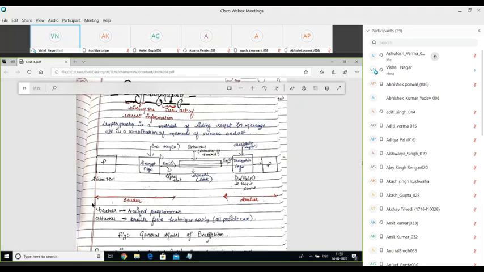So encryption key K and encryption algorithm are combined together and applied together to convert a plain text P into the ciphertext. The notation is EK of P. EK of P means the plain text P is encrypted with key K. So now this ciphertext is transmitted over the link.